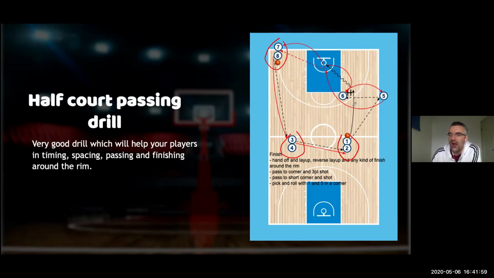He goes around and grabs the rebound. Okay, player 1 who shoots turns and goes to the elbow. When player 1 comes to the elbow, the next player comes with this pass. So timing, spacing,